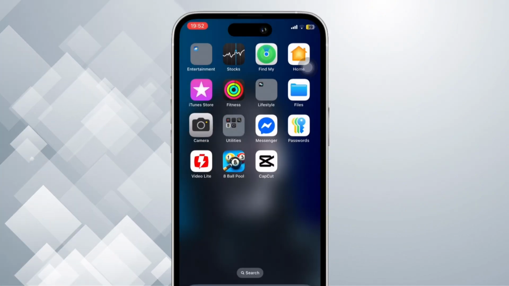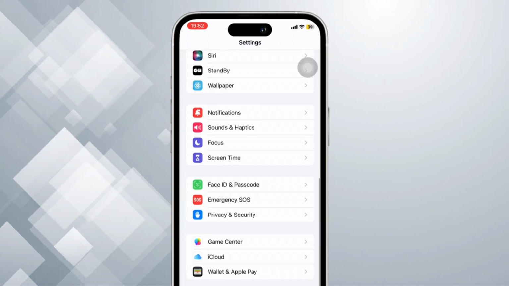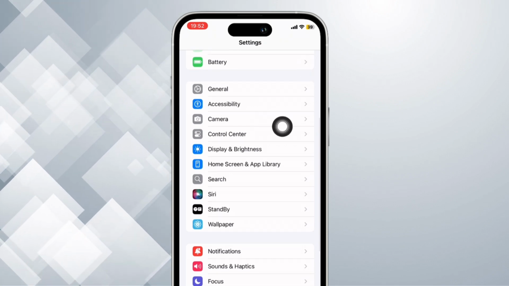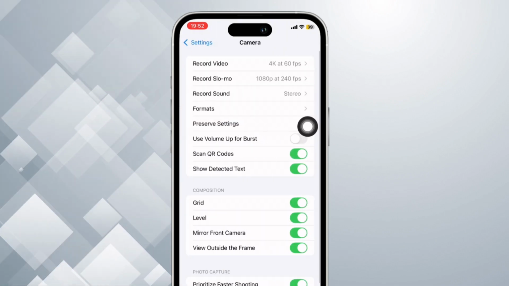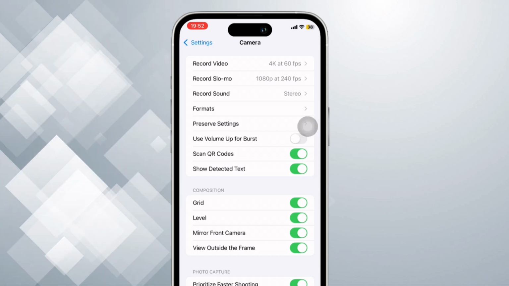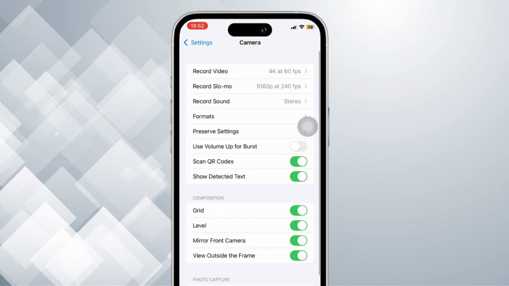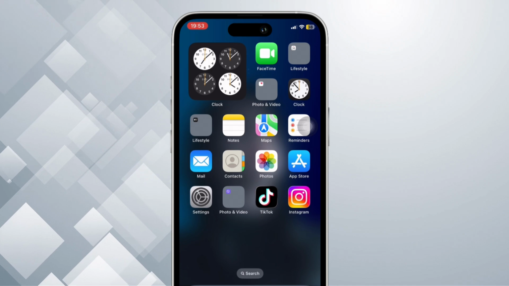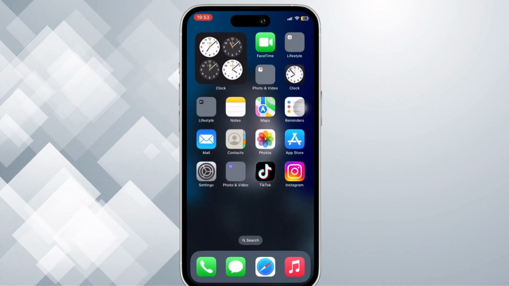If not, you can head over to your settings and then move into camera. In this page, if you see the option of live photo, then simply toggle it off. It will turn off the live photo from your camera and then you'll be good to go. So this is simply how you can turn off live photos